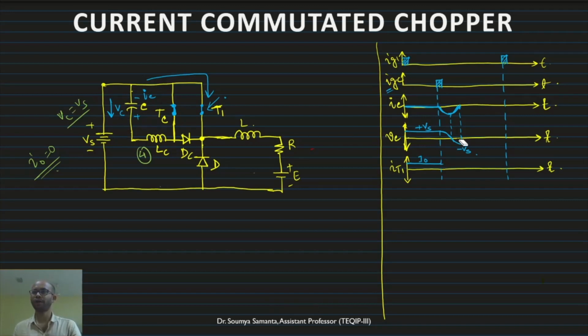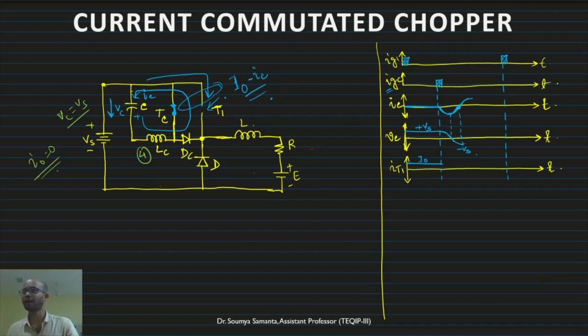Now the moment the polarity goes to reverse, this current goes to 0 and then the current starts flowing through this. That is our conventional positive direction. Now the current IC goes to positive. Now the moment it goes to positive direction and the current becomes equal to I naught, if you see here, basically I naught minus IC is flowing.